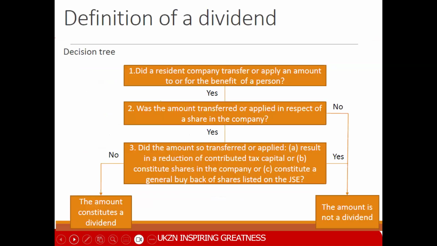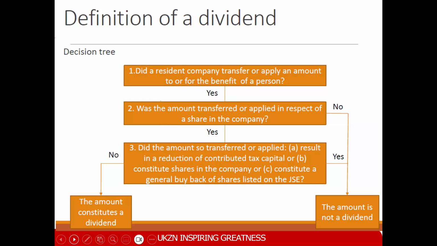Let's look at this definition of dividend with a close eye. Let's just talk about this decision tree. So sometimes you ask yourself a question: did a resident company transfer or apply an amount to or for the benefit of a person? You ask yourself that question. If your answer is yes, you go on again. You say, was the amount transferred or applied in respect of a share in a company? If you find yourself in a yes direction, you've got to go again. But if you find yourself in a no direction, you take another direction and you carry on. Then you ask yourself,